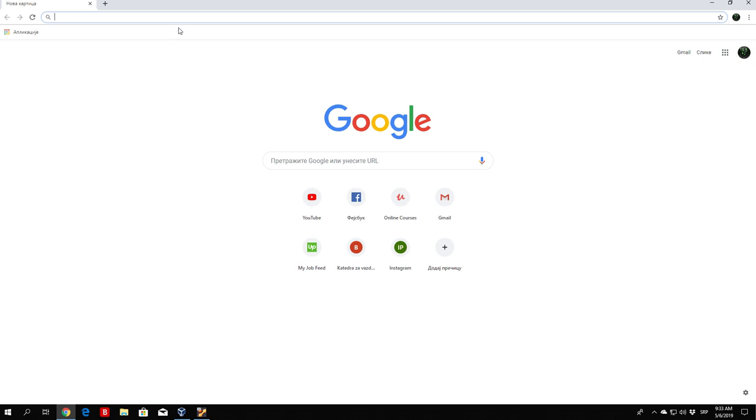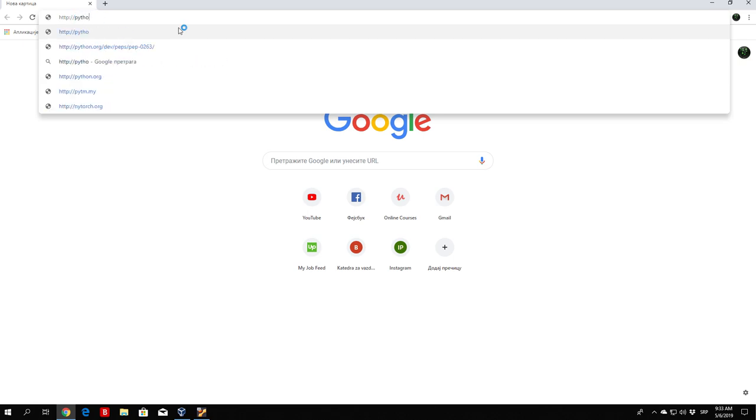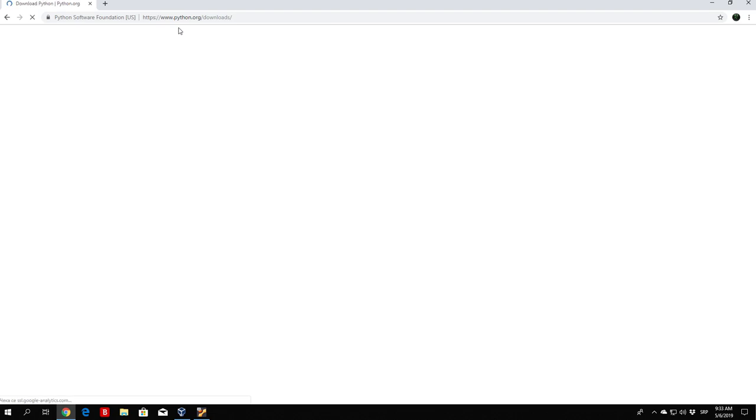python.org/downloads. So go right up here, http python.org/downloads, and then add another slash at the end of this link. Press enter. Now once again this will lead us to a page where we can download different versions of